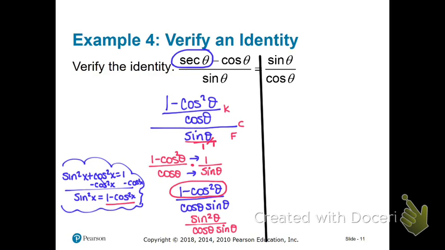And then remember, sine squared means there's 2 of them, right? So one of the sines on top will cancel. One of the sines on bottom will cancel. And what are we left with? Sine over cosine. And isn't that what we wanted? Good. So I'm going to put equals. I'm sorry, I'm on top of the words here at the bottom of the screen. The sine over cosine. All right, tell me what is the point